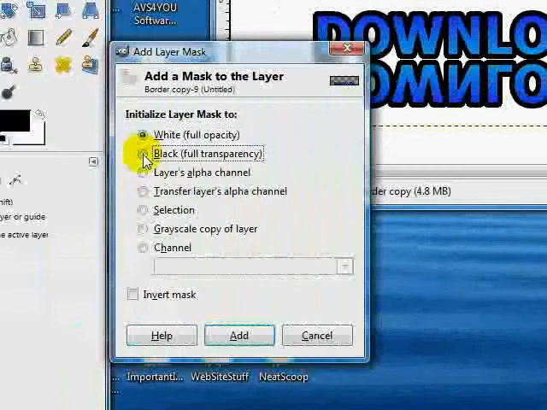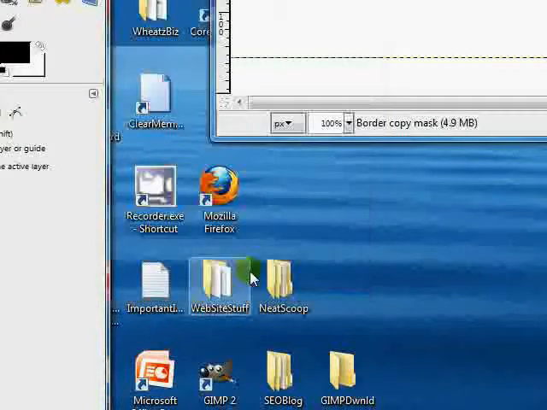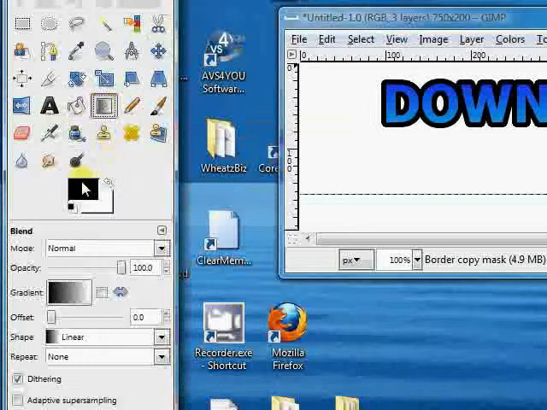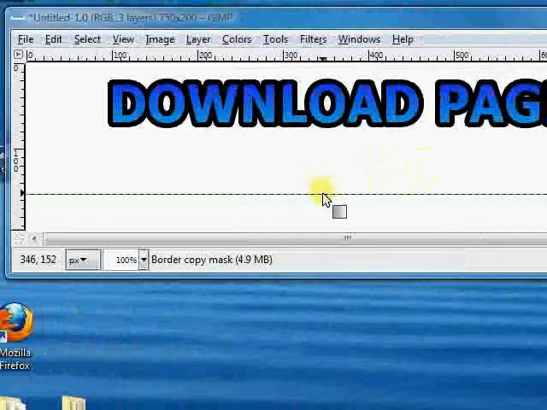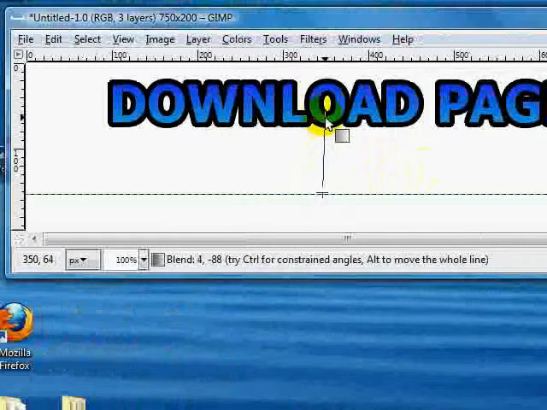and we're going to want it black with full transparency, and add. Now everything's going to disappear. Now we're going to select our gradient tool. We want the foreground black, the background white, and now on the invisible letters, we're going to click and draw up,